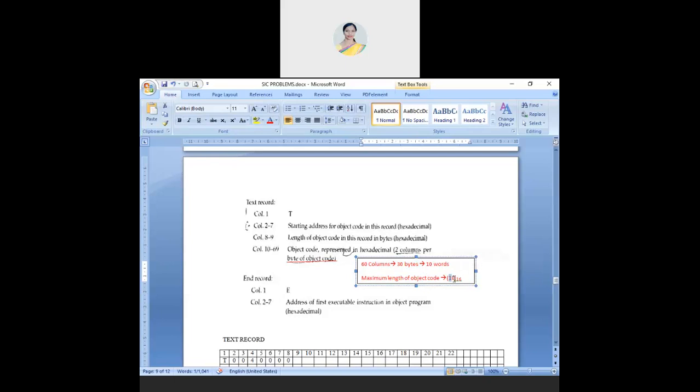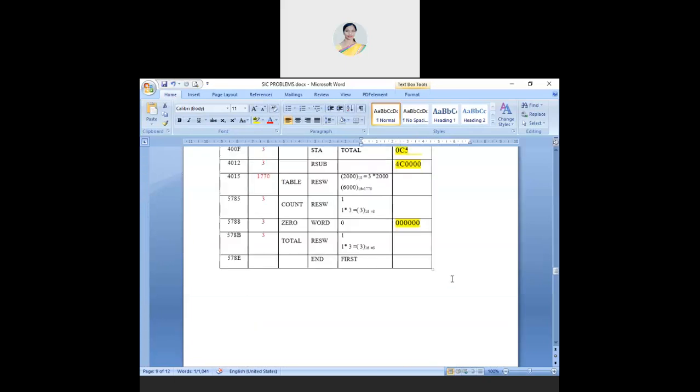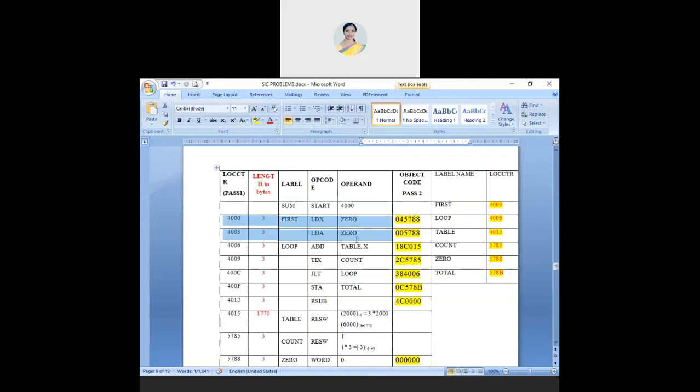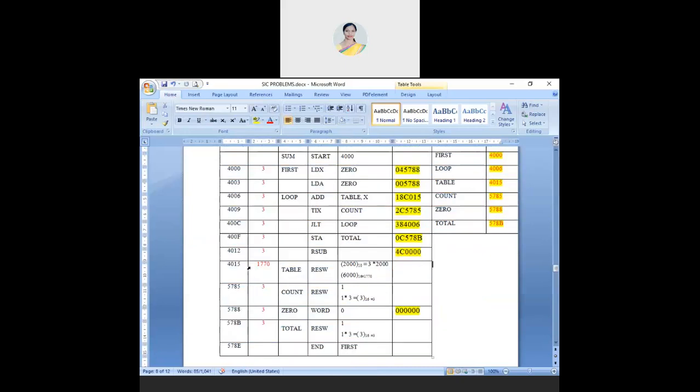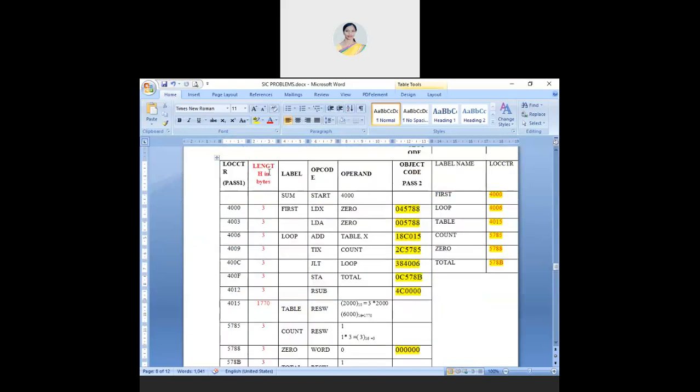You're starting with the first text record. You have to divide these things into as many text records as needed. So, how do you calculate that? In the first text record, I can store 30 bytes. That's why I asked you to write 333. The 333 all represent the number of bytes.